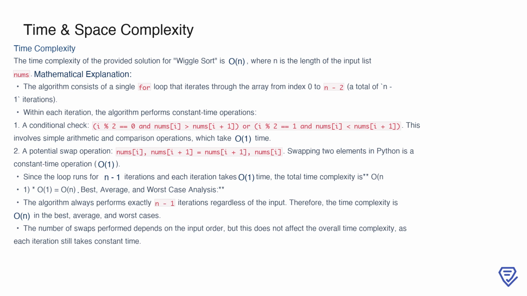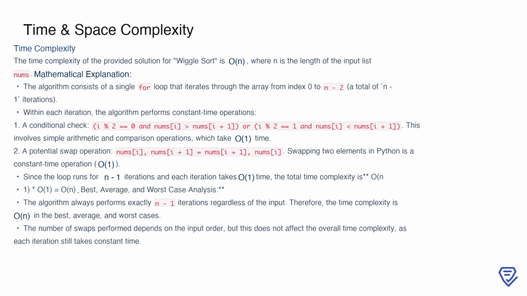First, there is a conditional check that evaluates whether the current element and its neighbor satisfy the wiggle property. This involves simple arithmetic and comparison operations, which are O(1). If the condition is not met, a swap operation is performed to rearrange the two elements. In Python, swapping two values is also an O(1) operation. Since each iteration takes constant time and there are n-1 iterations, the overall time complexity becomes O(n-1) * O(1), which